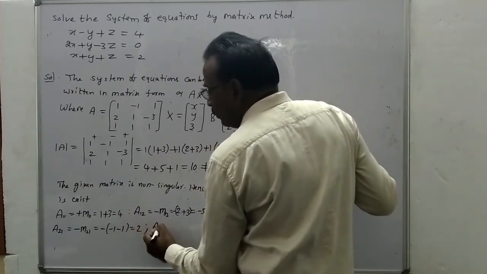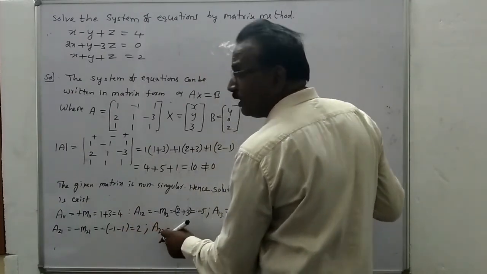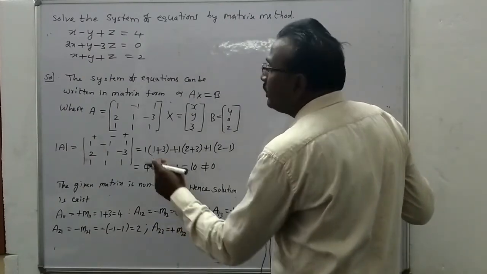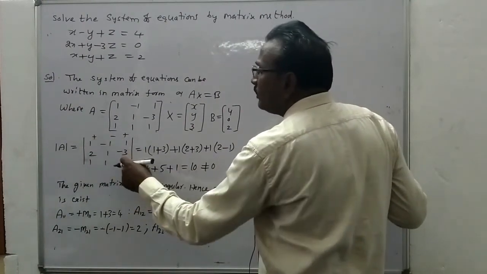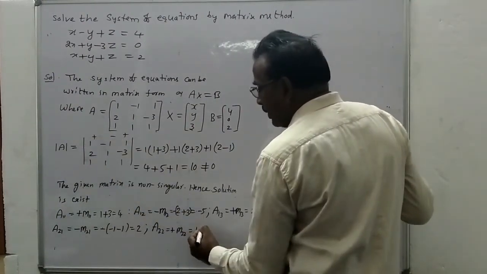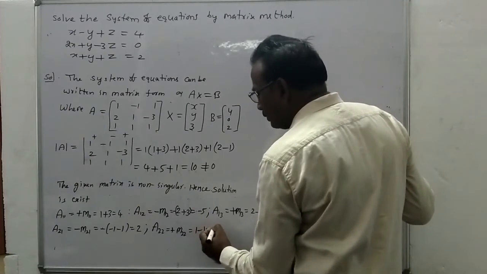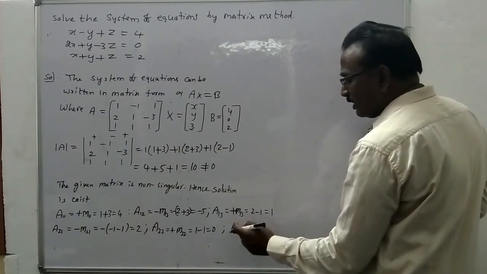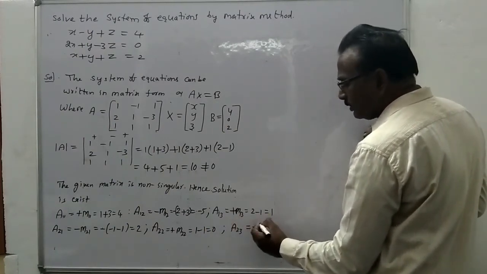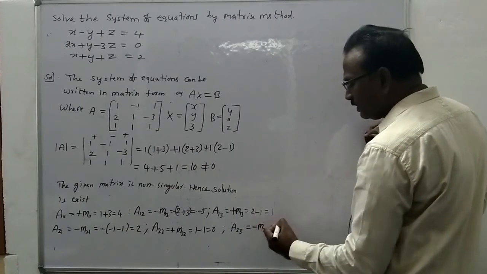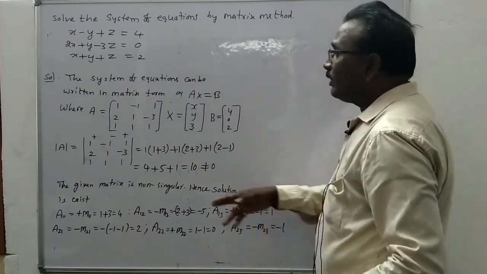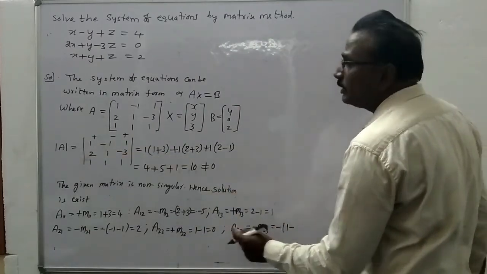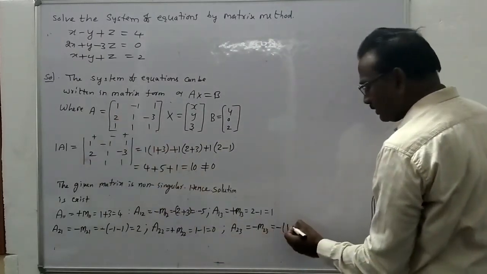Next, A22: the sign is 2 plus 2, an even number, so the sign is plus, times capital M22. The value is obtained by deleting the second row and second column, the determinant of these 4 elements. 1 into 1 is 1, minus 1 into 1 is 1, the value is 0. Next, A23: here 2 plus 3 is odd, so the sign is minus, times capital M23, which is obtained by deleting the second row and third column. 1 into 1 is 1, minus 1 into minus 1 is minus 1, that is minus of minus plus 1,